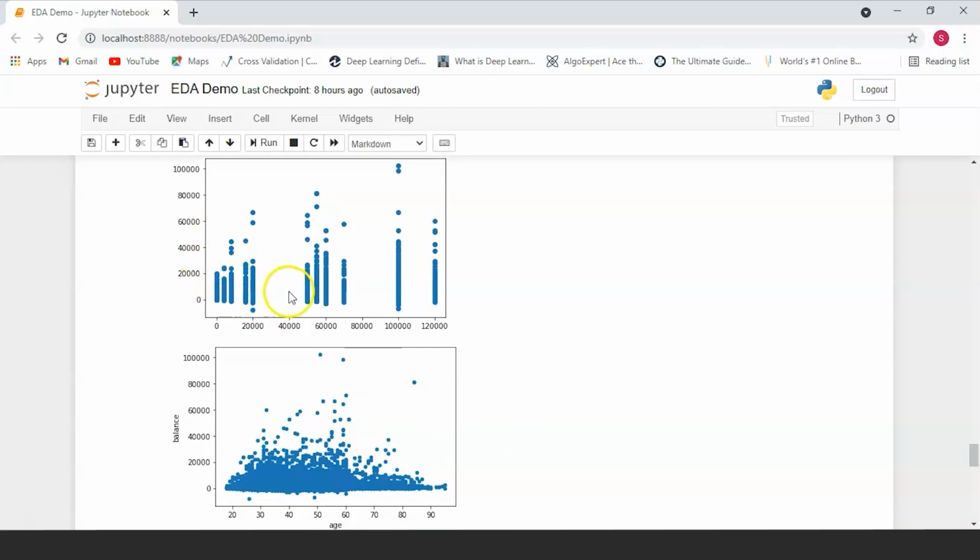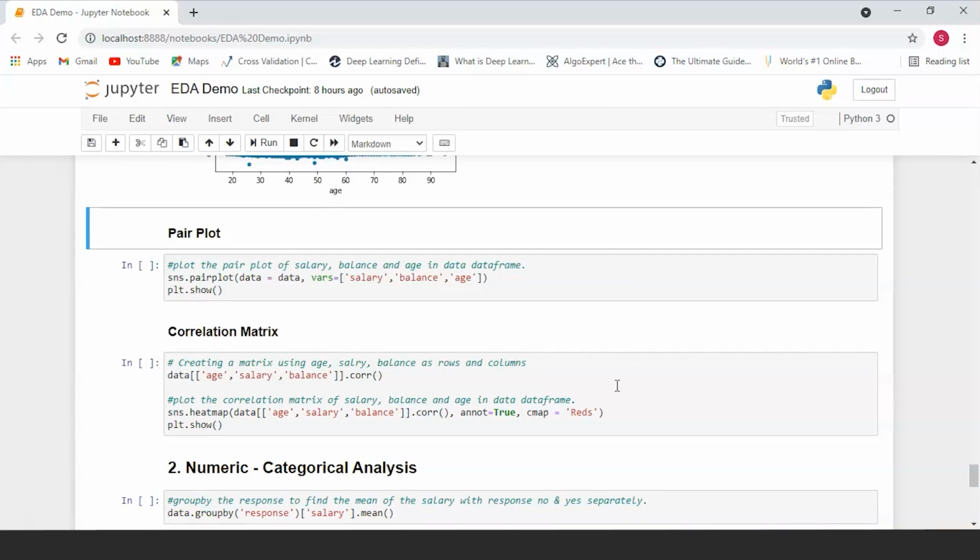Now, again, this is very similar to the data that you have here, where the salary of people corresponds to their bank balance, and the majority of the data falls under 40,000. Another way to look at